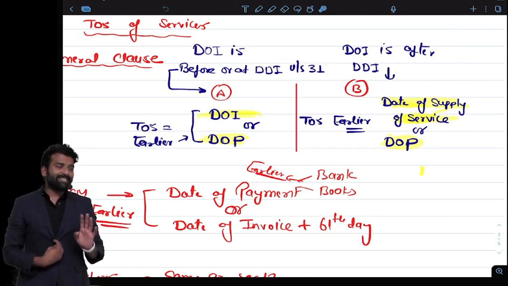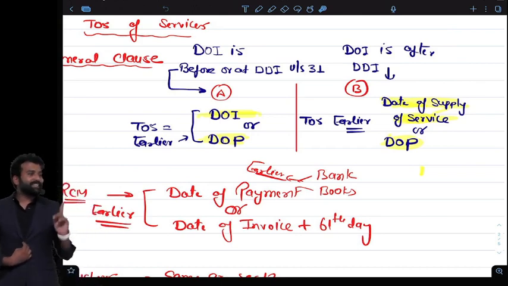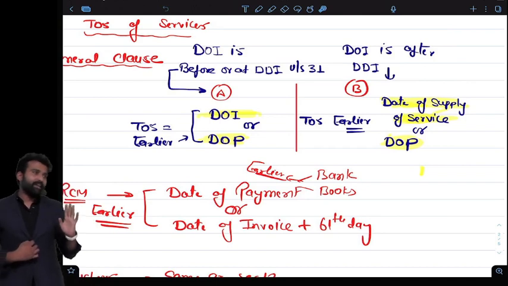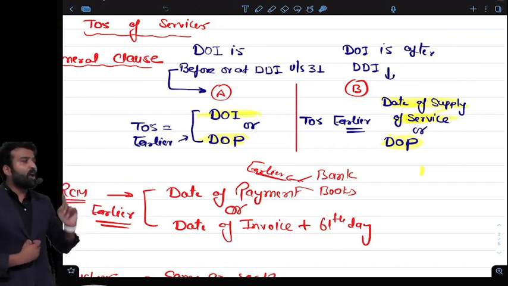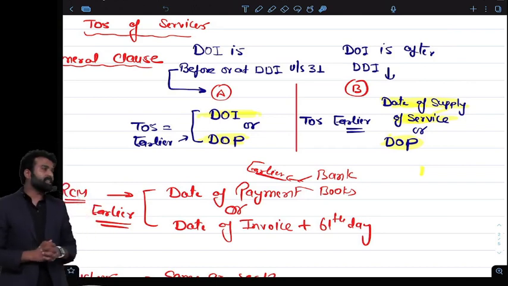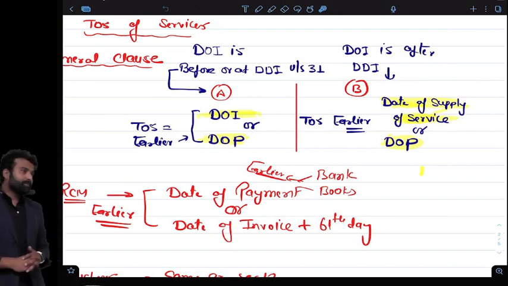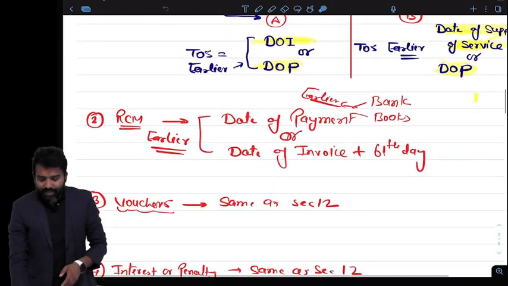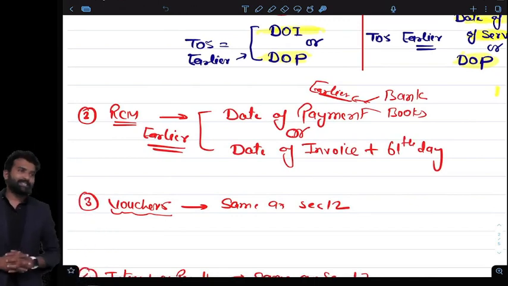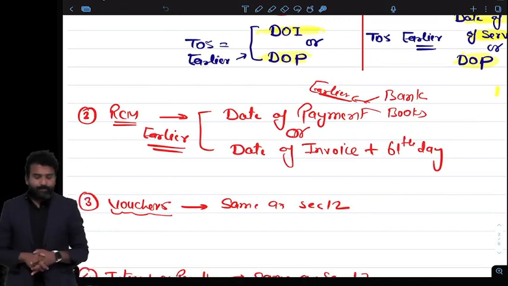Will you remember this? If the invoice is within 30 days, then invoice or payment. If it is later than 30 days, then supply or payment, whichever is earlier. This is about the general clause. Okay. Sir, in RCM, if RCM is related to services, then the time of supply will be, we have already covered that in goods,